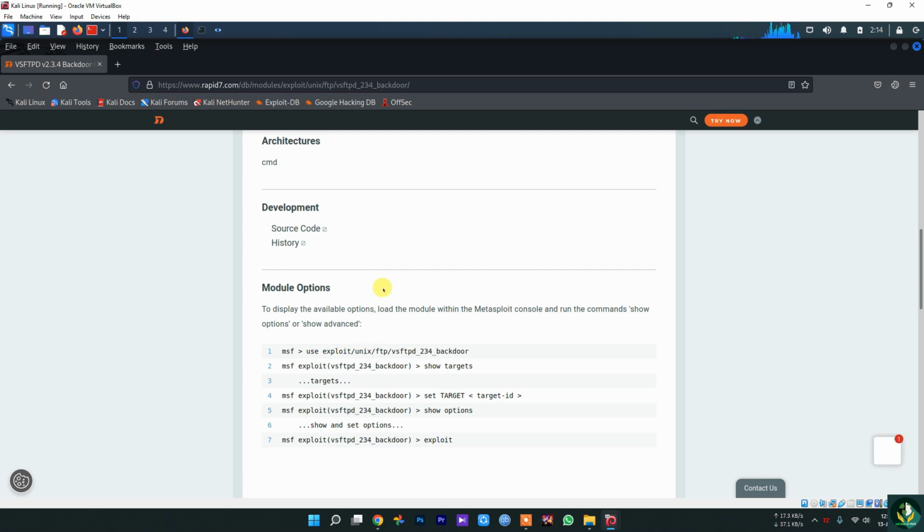As you can see, the first result comes from the website called Rapid7, the company that makes this framework. So why I chose this particular exploit to show you today: we are going to exploit this service or program using Metasploit. Rapid7 is telling us that this is the version of FTP that has a backdoor command execution,